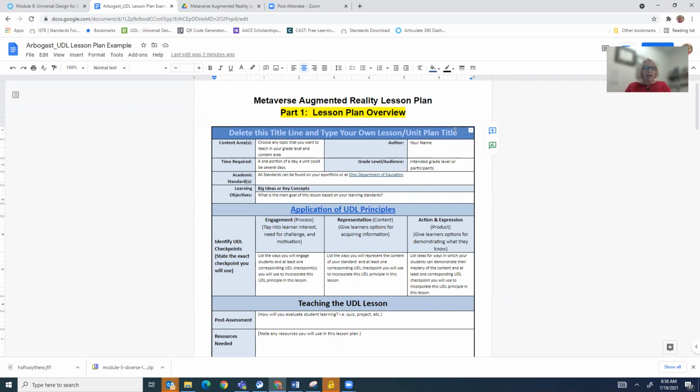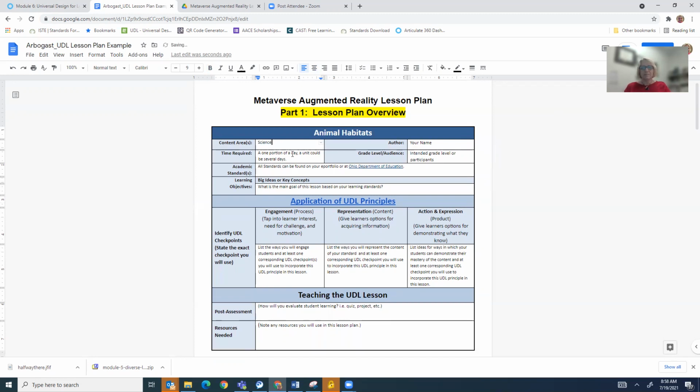For me, I am going to work with animal habitats. So animal habitats is my theme for this particular lesson plan. The content area is going to be the subject area that you're working on with animal habitats. And for me, this is science. And then if I tab over to author,